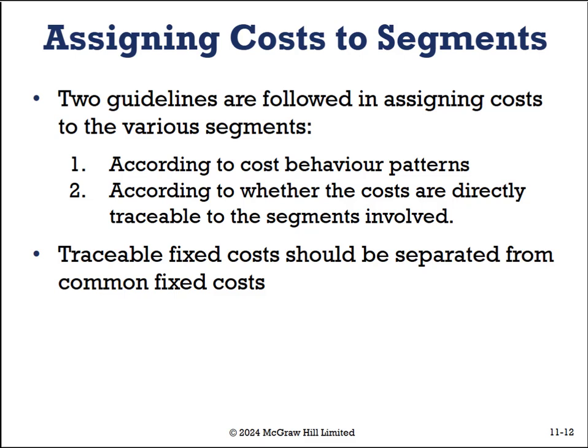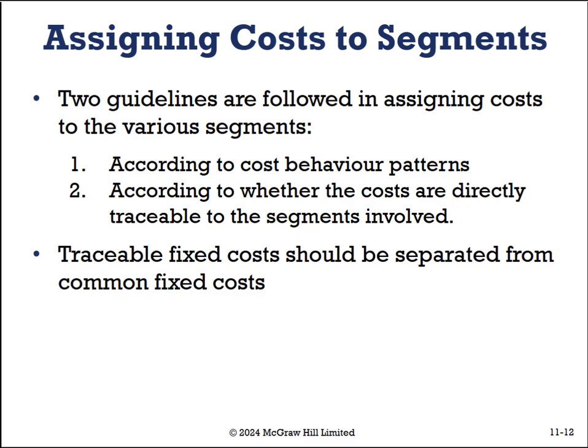Traceable fixed costs should be separated from common fixed costs, as we saw, such that we can enable the calculation of the segment margin, that division profit margin. The traceable costs arise because of the existence of a particular segment and would disappear over time if the segment itself was eliminated. So for example, you might have fixed costs of a warehouse manufacturing plant that only produced televisions. Well, if you got rid of the television division line, eventually you wouldn't need that warehouse anymore